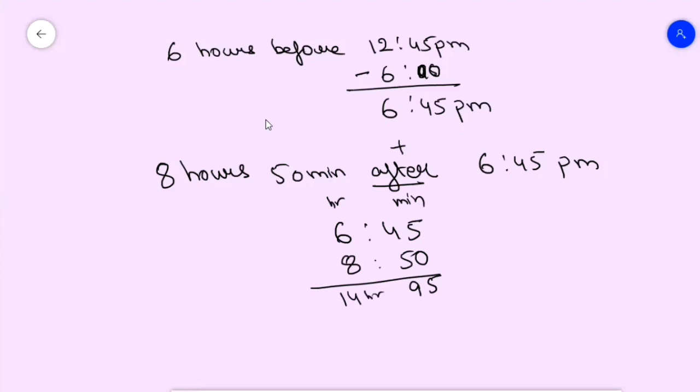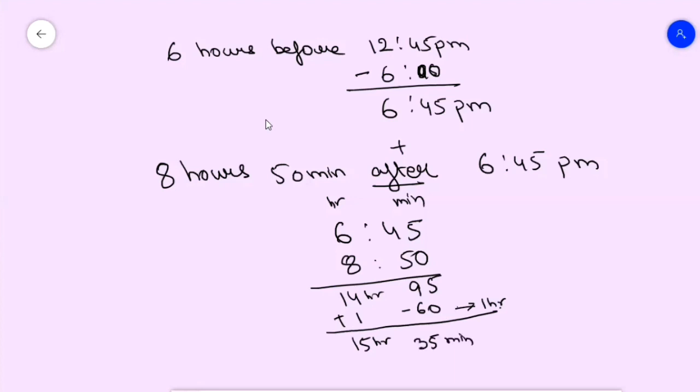So what we will do, from 95 we will subtract 60, which means 1 hour. Whatever 1 hour we are subtracting from here, we will add that 1 hour here. Clear? So what will be our final answer? 14 plus 1, you can write 15 hours, and here after subtraction it will be 35 minutes.